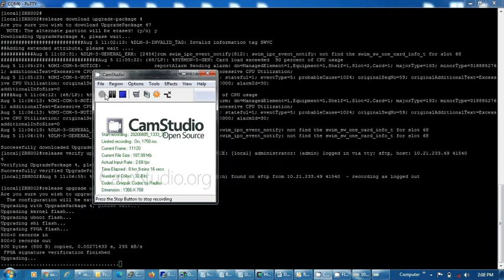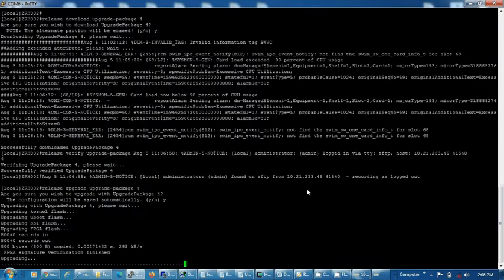At this time, the router must not be powered off, otherwise it will be a brick, no more than a brick. Now I see site is down. Our router is now restarting.